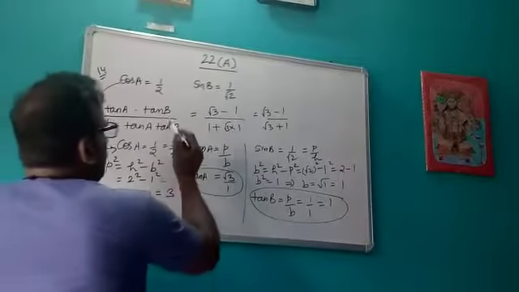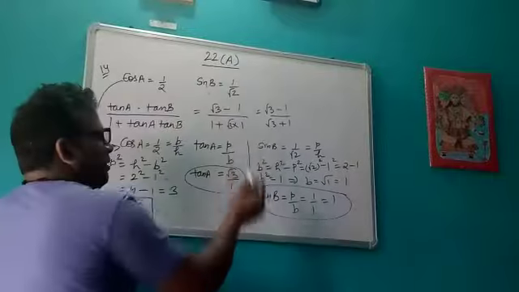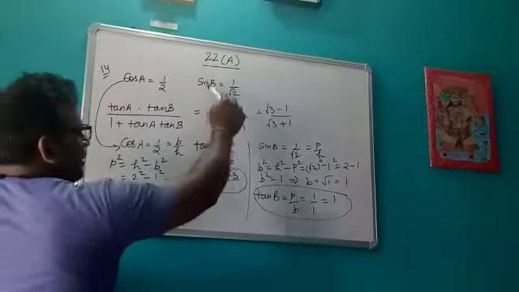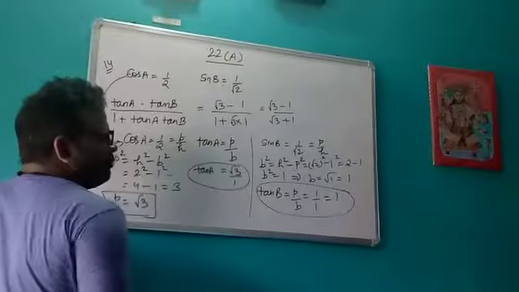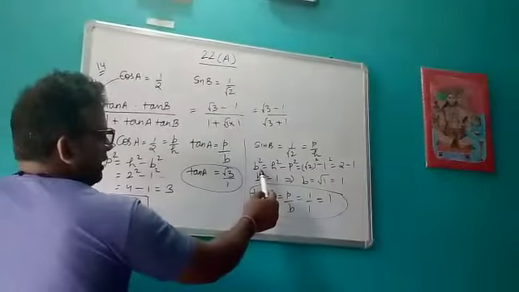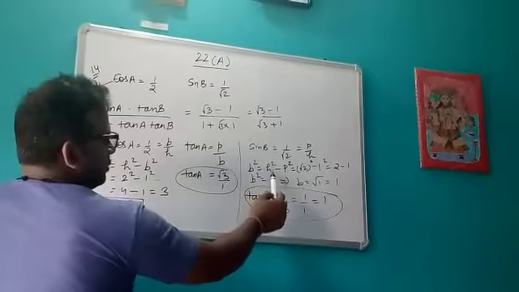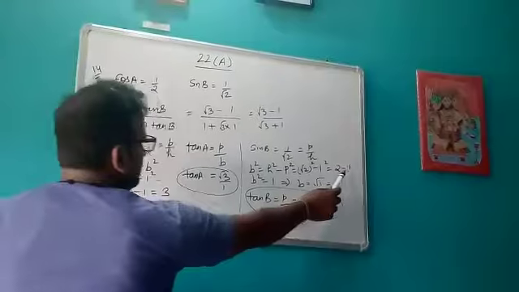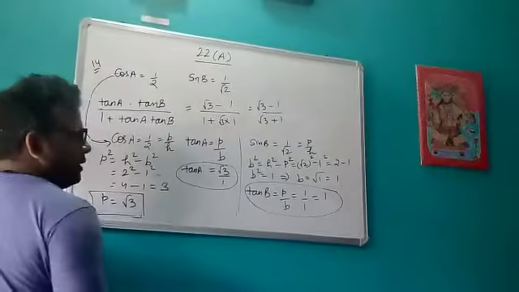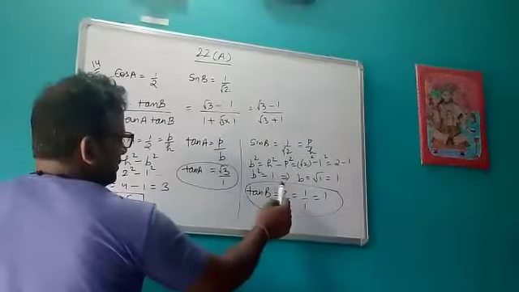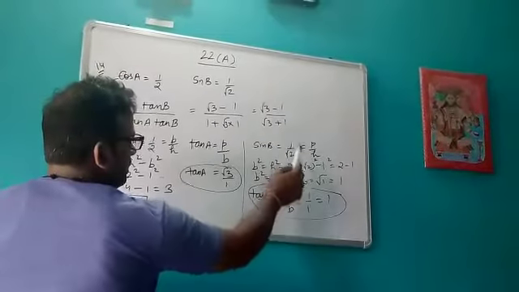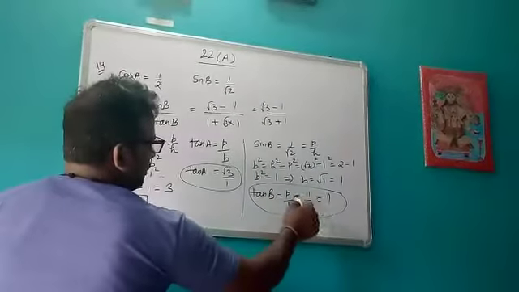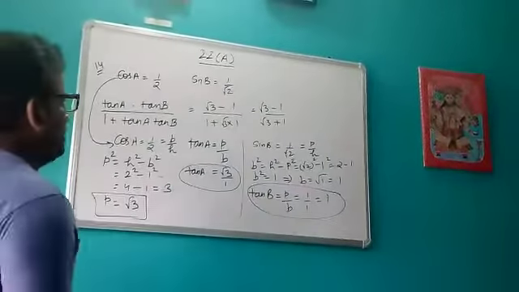Then for finding tan B, we will take sin B, and this sin B is 1 upon root 2, that is p upon h. So now in this we will find the value of b. B square is equals to h square minus p square, that is 2 minus 1 is equals to 1. So you will get the value of b as 1. So what is tan? P upon b. So p is also 1, b is also 1. So what is tan B? 1 upon 1, that is 1.